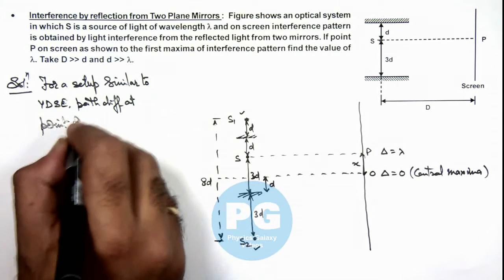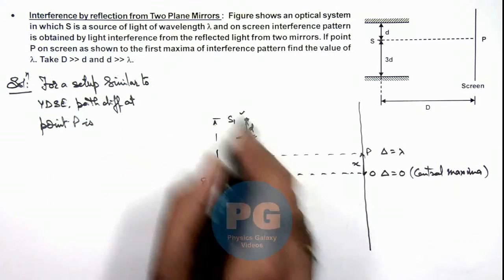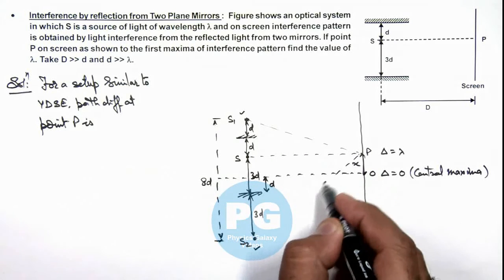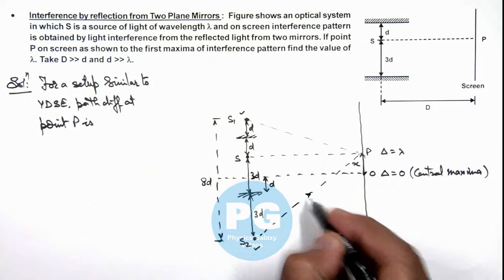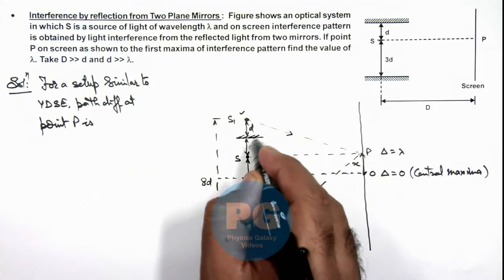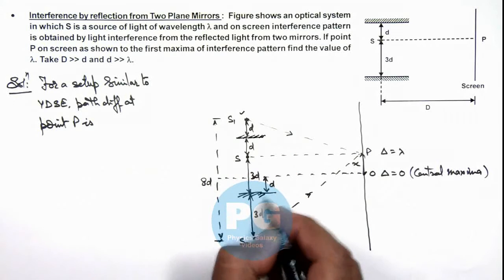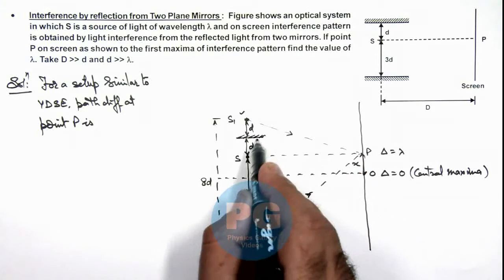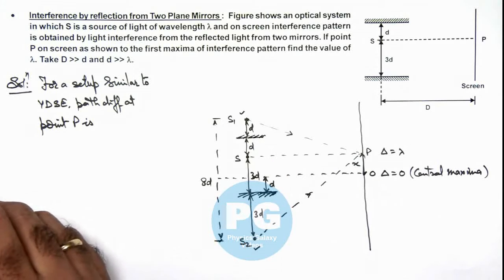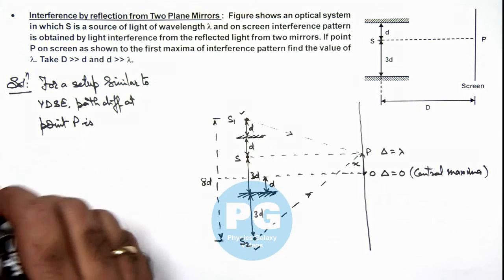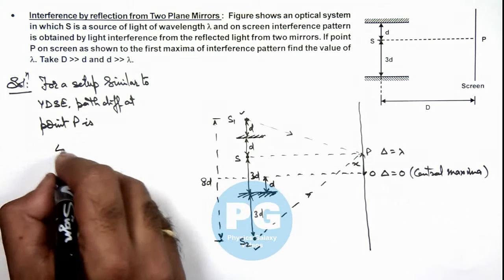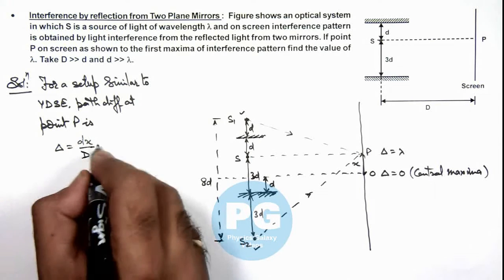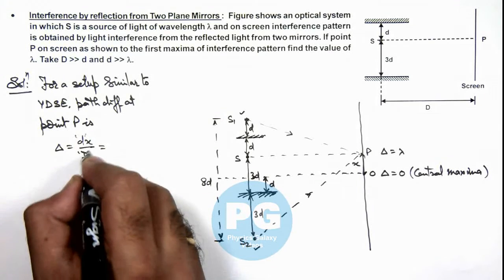at point P is for the two waves reaching from sources S1 and S2, whereas actually light is not coming from S1 and S2. These are coming after reflection from these mirrors, and we are assuming the size of mirror is significant so that after reflection light will reach at different points on a screen. So here we can write the path difference as small d x by capital D, whereas the small d and capital D for